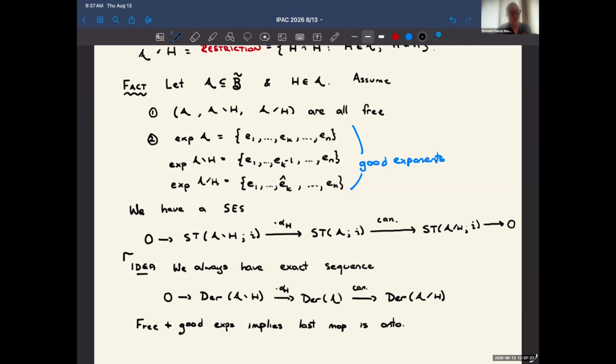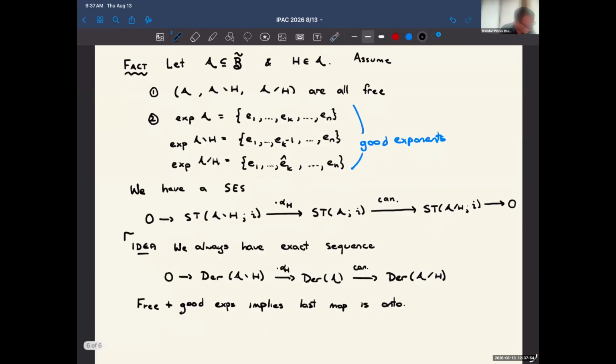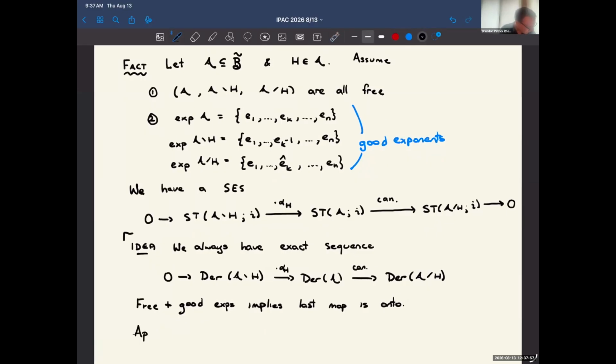Because if I know that I'm a free module, and if I know what my exponents are, that's telling me the Hilbert series of these things. And if the Hilbert series of this plus q times the Hilbert series of this adds up to the Hilbert series of this, and if I'm injective here, and if I'm exact in the middle, then I am forced to be a surjection. So this really is just a statement of linear algebra when you unwind things. And at this point, I'll just say apply I